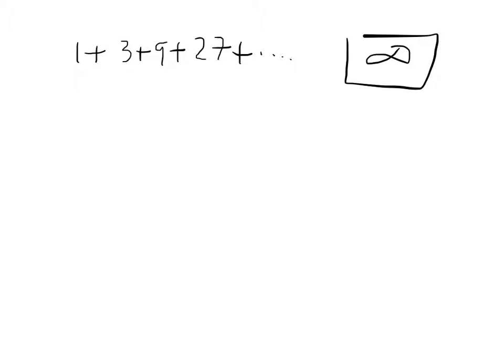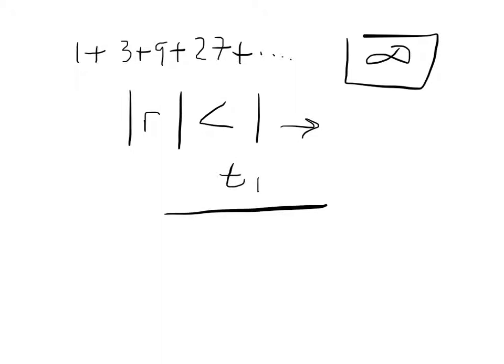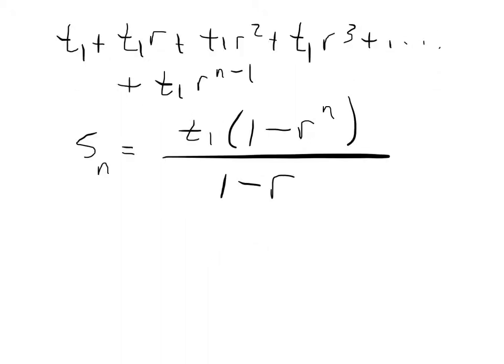infinity. However, we learned in the end of section 13.4 that if we sum an infinite geometric series such that the ratio's absolute value is less than 1, our homework problems were such that we saw that the sum turned out to be T1 over 1 minus r. And we did that quickly in class and as a homework problem, and we'll just make sure that you have it here again. So that reminder is, let's suppose we have our infinite geometric series, which means we have a first